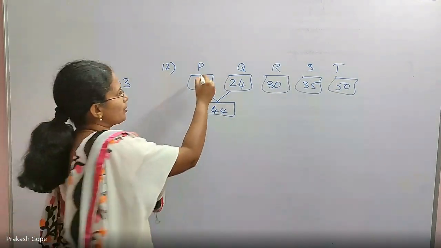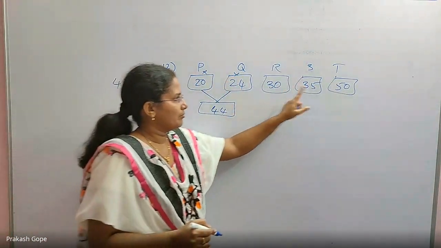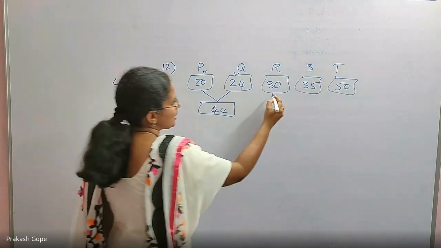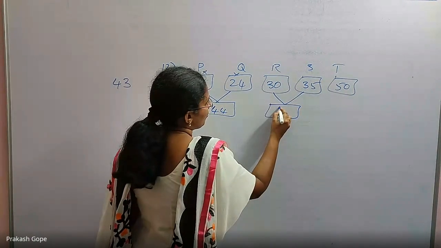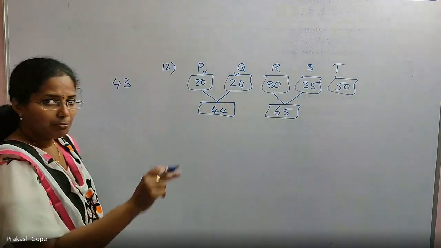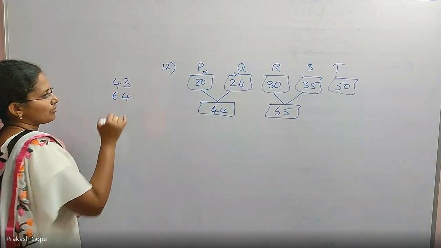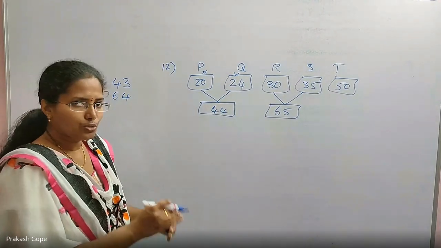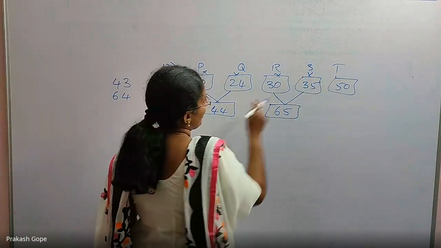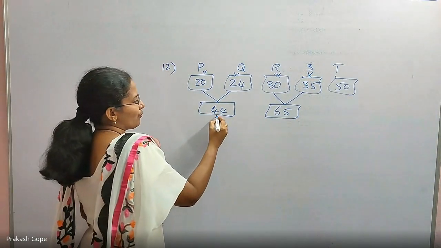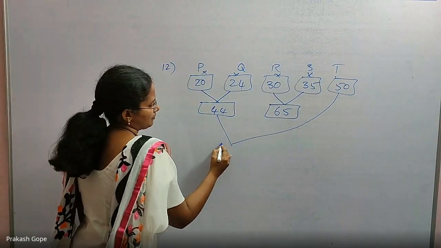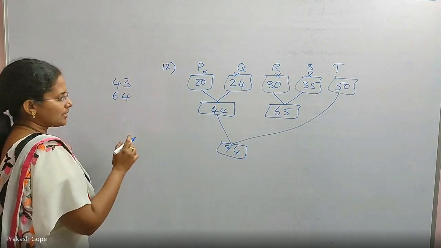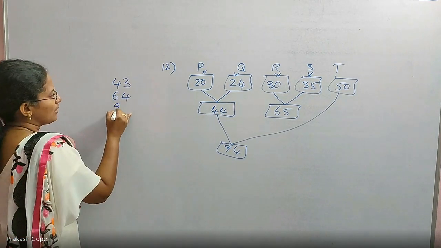Done. So now you ignore these two files. Among the rest, again optimal merging. Pick the next least two. Yes, these are the next least two. Number of records is 65, but worst case comparisons are 64. Okay, next two least files. These two are also ignored. I have only three files. Which two? 44 and 50. Total 94 records, 94 elements. Worst case comparisons in that merging process, 93.